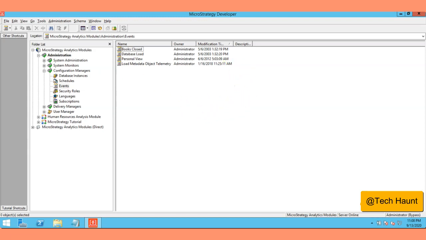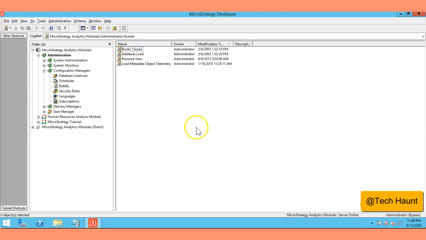What are the subscription permissions? The subscriptions access control list, or the ACLs, allows you to enable or disable the subscriptions on individual reports or documents and specify permissions for specific users or groups. In any case of conflicts, the permissions at the user level take precedence over those at the group level. So keep in mind always that whatever permissions you have at the user level are going to take precedence over your group level. So in this exercise we are going to restrict the subscriptions to specific groups.